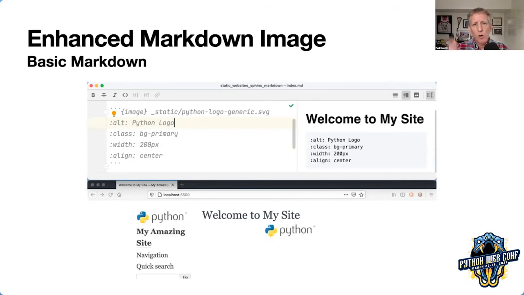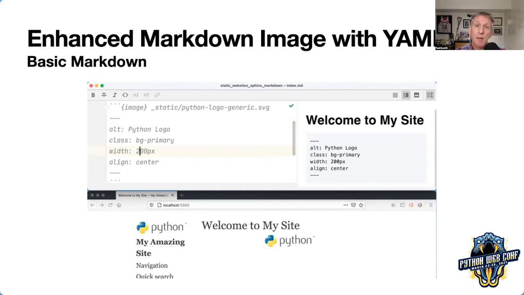And in this case, I want to put an alt. I want to do some other things. This is a way to pass extra stuff to your image instead of just that one Markdown exclamation line. So that's pretty cool. You can not use the RST :key: value syntax and use YAML instead, which is actually what I do because I don't have to think anymore about the syntax.